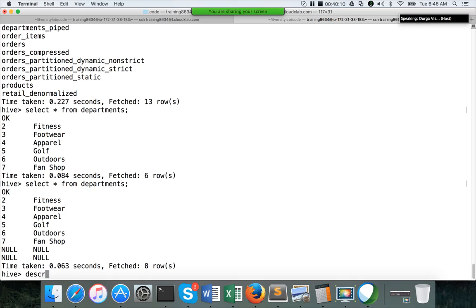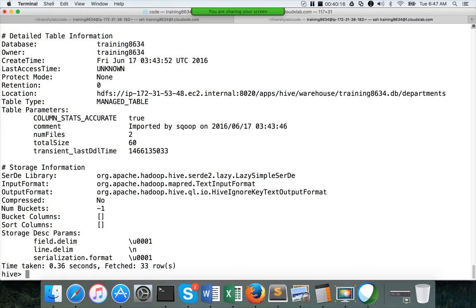The reason is the delimiter in Hive. In the Hive table, I have null characters as the delimiters, whereas as part of the Sqoop command, we have specified pipe as the delimiter. That's where the gap is.